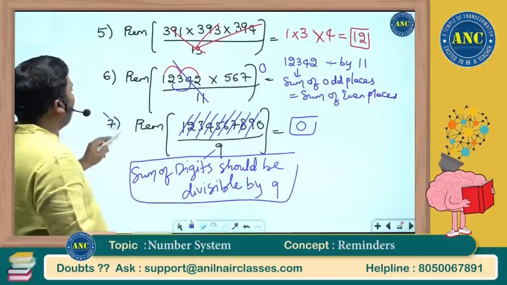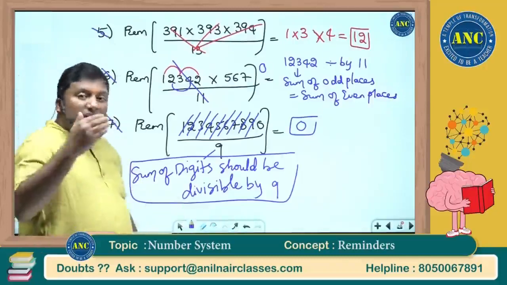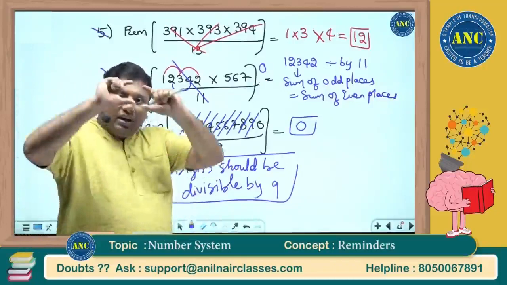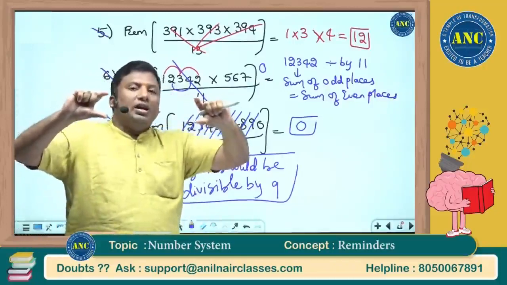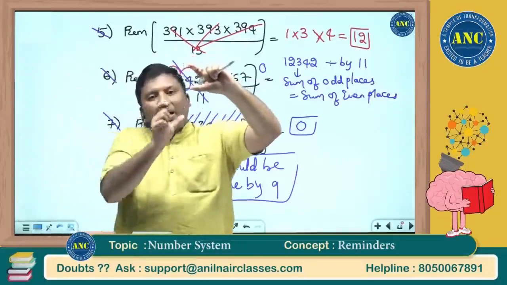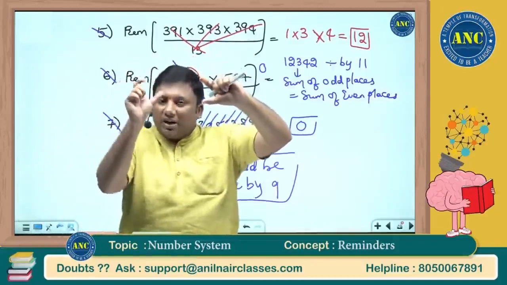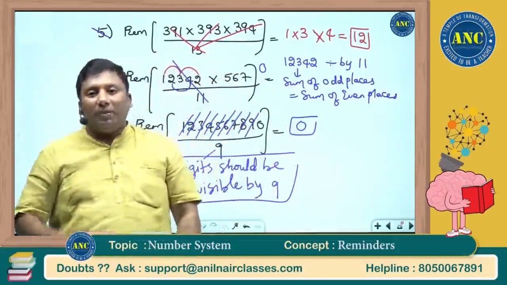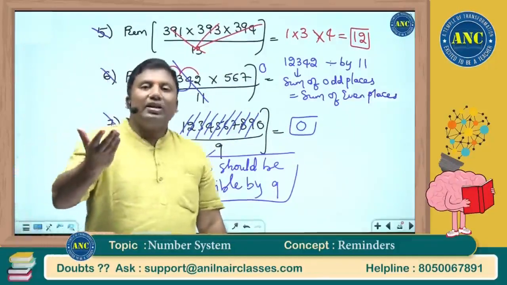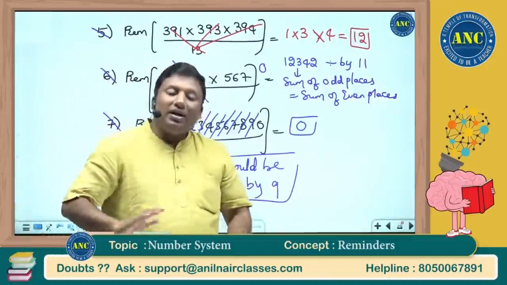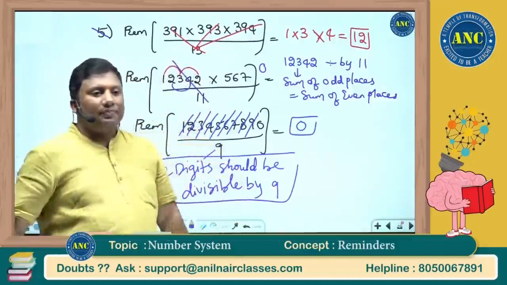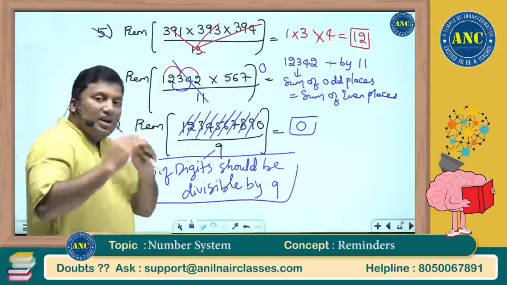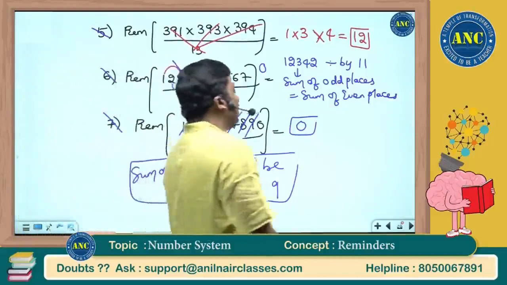Type 1, we did close to 7 problems to explain a concept, how the remainders can be used individually. If there are 3 to 4 terms which are getting multiplied, take the first term, get the remainder. Take the second term, get the remainder. Take the third term, get the remainder. Multiply all the remainders. If the answer is greater than the denominator, further divide it. Otherwise, write down as it is. 5, 6, 7: 7 problems which are foundation problems.